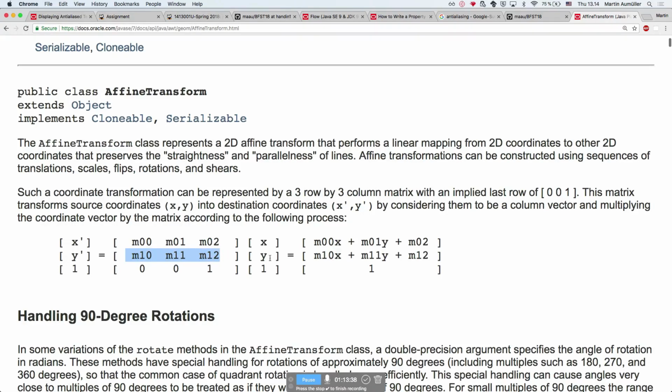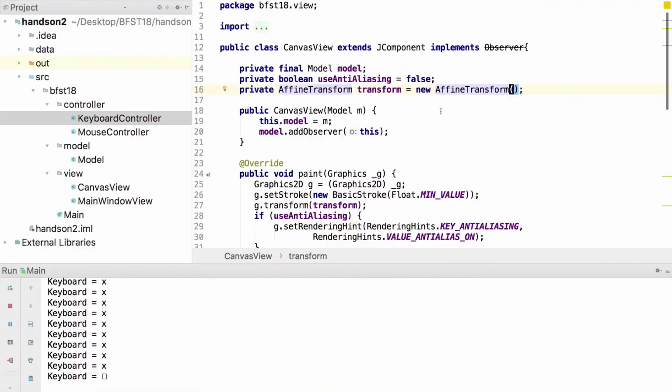So the new y coordinate should be the old y coordinate over here, and then I want to change that because I want to go, for example, 10 up or 10 down. This is the entry I have to provide. Now this could be horribly difficult because you look at this matrix, this cell is something that I want to change, but that's not at all how you use it. How you use it is,